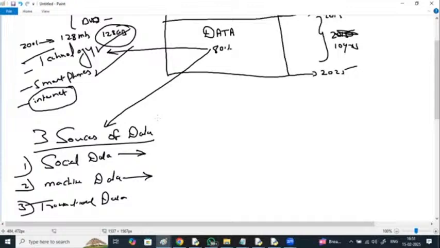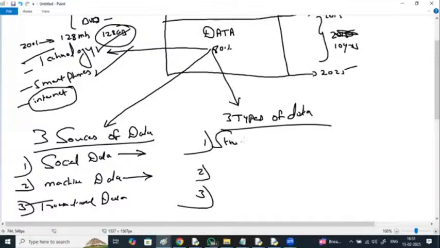And mainly there are three types of data. It's categorized into three types. Structured data: data organized in the form of rows and columns, like database tables and Excel files.